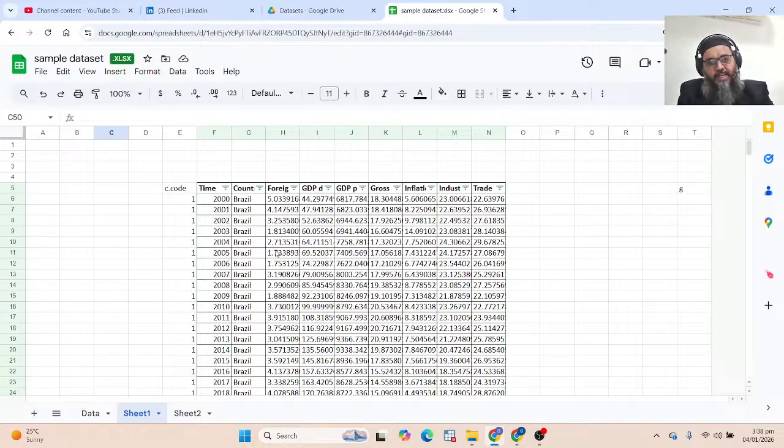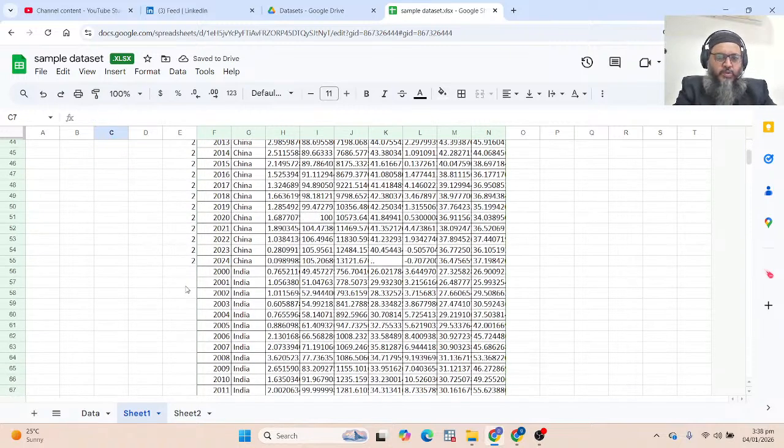For instance, we can take the average of these. But similarly, can we add here 1 plus 2? One plus 2 in our code.